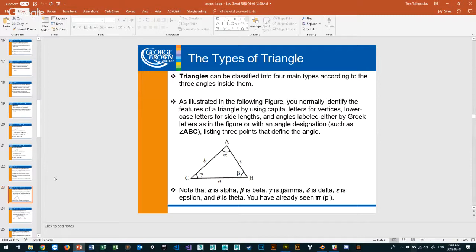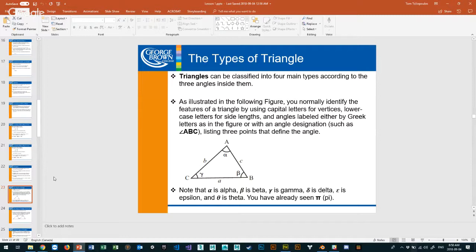Here, this triangle really should be ACB, right? The way I look at it, because it's kind of going to the left. That's the way I look at things. Everyone has a different way of noting it. And if you were to draw it the other way on a test or something like that, it'd be the same, right? It doesn't matter which way you flip the triangle. As long as you have the same angles and distances, you should get the same results.